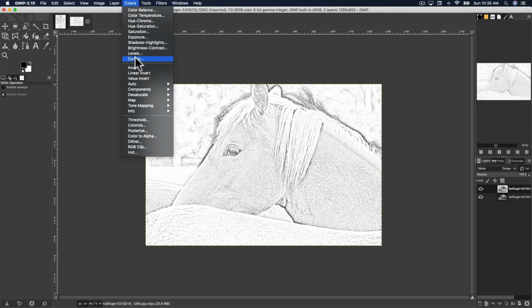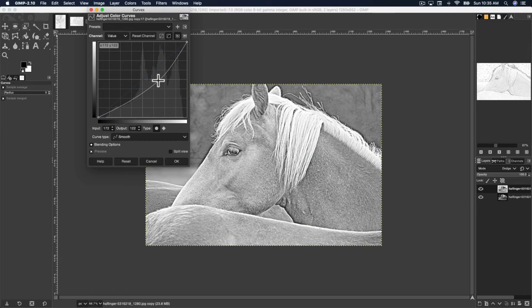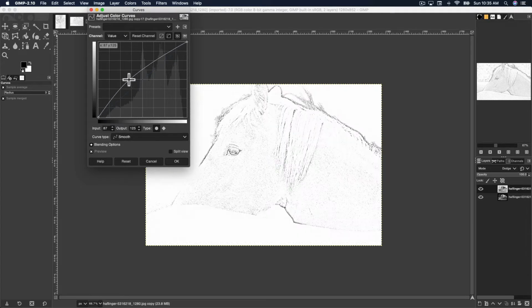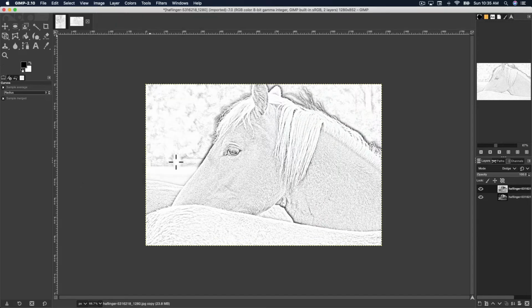Certain pictures it works really good on, and others I don't think it does much of anything. But you can adjust things also by pulling this line. See how I got my pointer right here on this line, and you can kind of play with it. That looks more like just a gray and white, black and white picture. But you can just kind of play with it. Some things it makes look quite a bit better. It works real well on some, and others I don't feel like it does much. I think I kind of like my horsey the way I had him, so I'm just going to say okay,